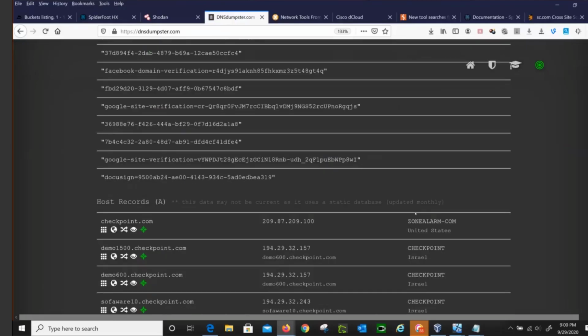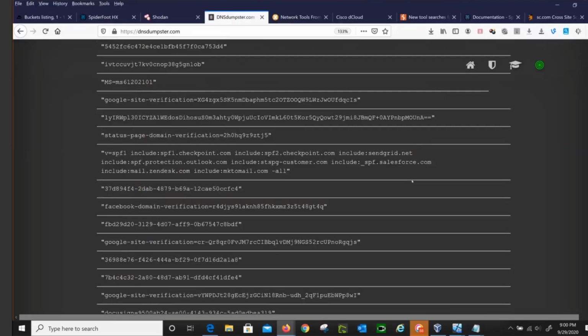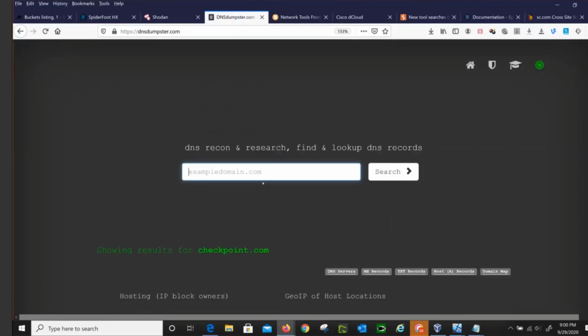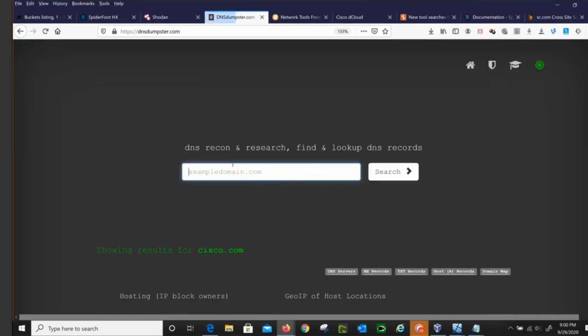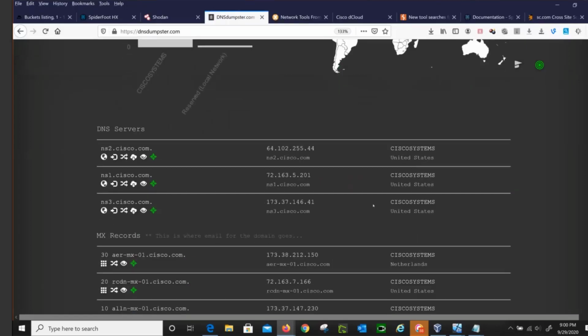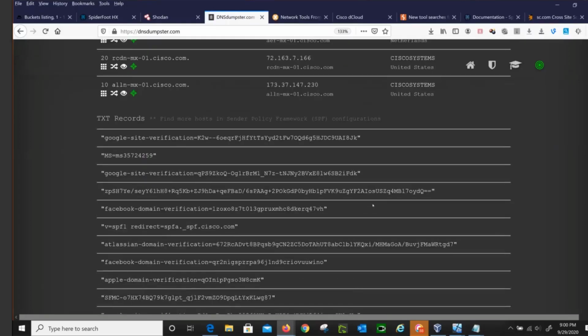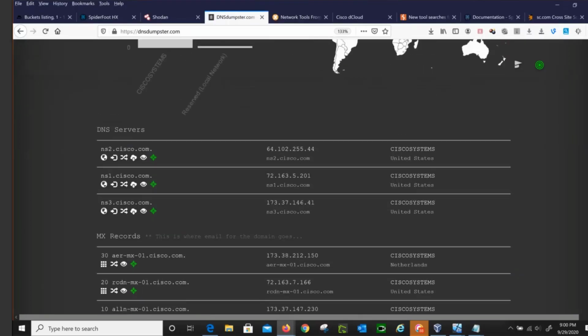So let's do Cisco. All right. So as I scroll down, it's going to start showing me these different TXT records, MX records, DNS